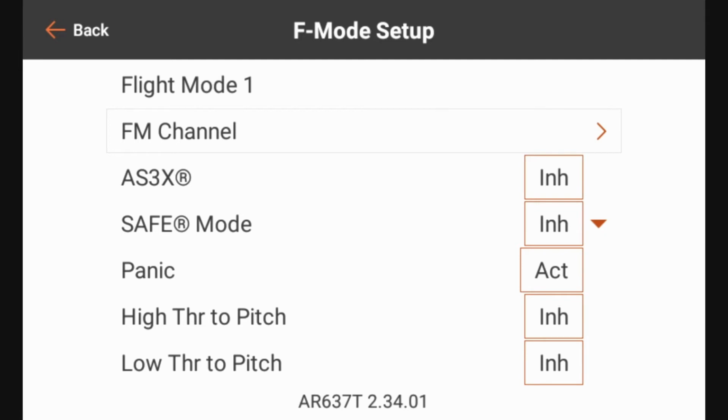flight. Now effectively what that's doing is it shifts over to a flight mode that has panic enabled, or that has safe enabled, and then when I let it go, it goes back to flight mode 1. So that's the only thing I want active here. So we're going to go ahead and go to flight mode 2, and what you'll see is that we already have AS3X active. I also want a panic button active here as well, so we'll go ahead and activate that panic button. And in flight mode 3,